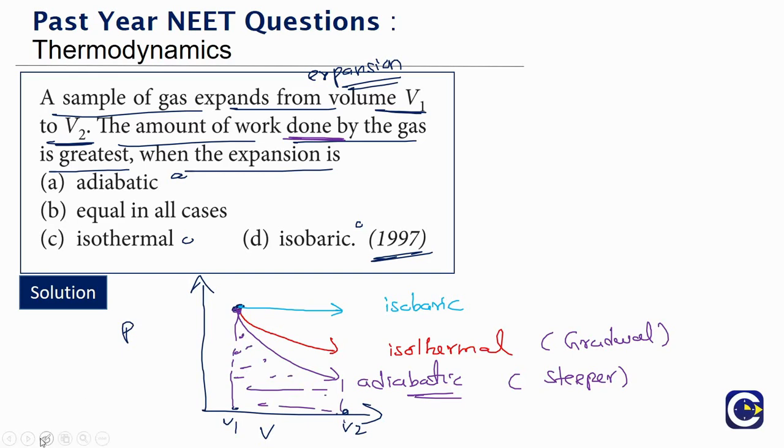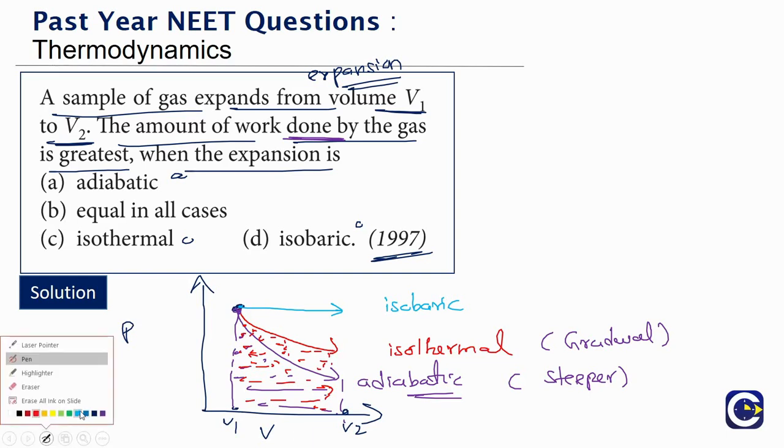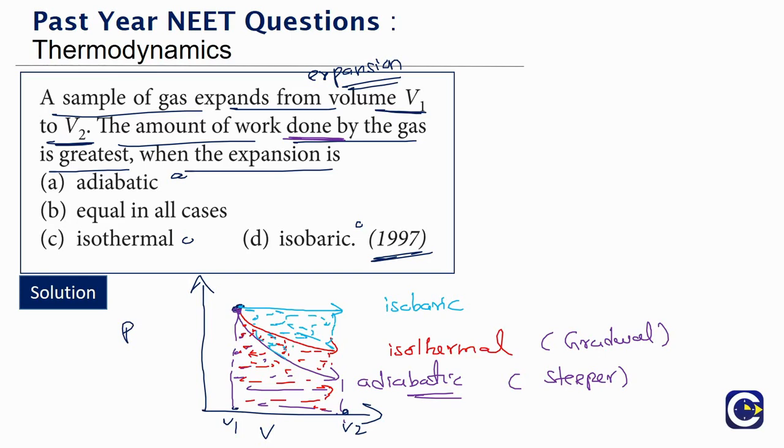Area below isothermal means what? We have to look at this part also, which will come extra. Whatever is there in the adiabatic will come, and some extra will come. But if you talk about isobaric, means what? Look at the isobaric. All the area below that horizontal line will come. Means whatever the two areas we marked before, plus that extra area that is there above.